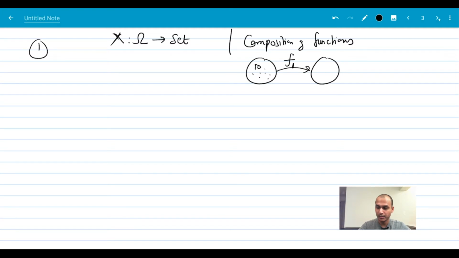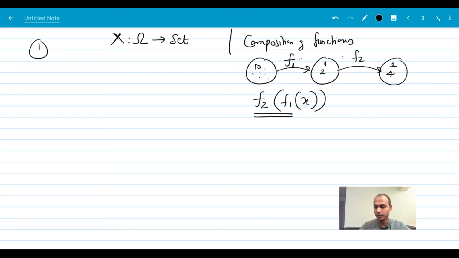Maybe here it's everything divided by 10, so maybe 10 becomes 1 or something. Then another function, f2, can take these numbers and produce another output, maybe squares of them. Maybe 1 just remains 1, but if there's a 2 here, it becomes 4, and so on. So these 2 functions are acting one after the other. So it's as good as saying f2 of f1 of x. Okay, this means that the functions are composing.